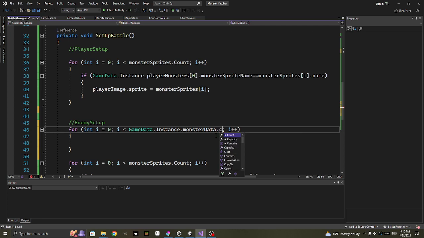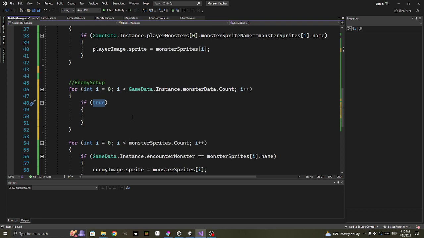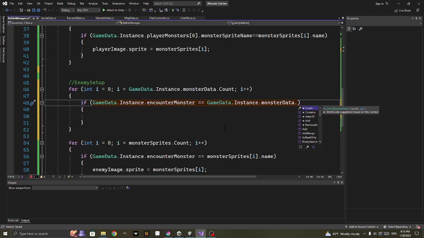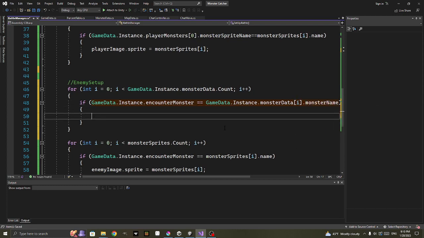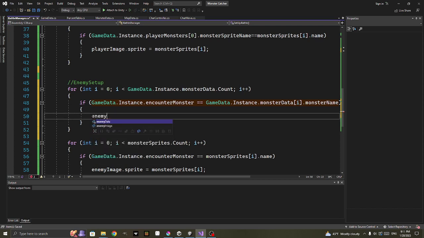dot count, if this is equal to this dot name, dot monster name, dot i dot monster name. Then we're going to say encounter, we call the enemy monster, enemy data is equal to